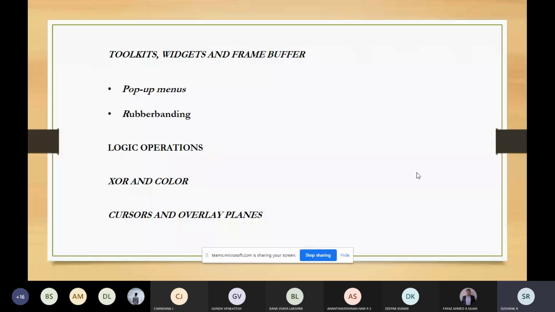Sushank? Yes, sir. Hello. Yes, sir. Okay. Which subject? Computer graphics and visualization. CG? Sir. Which section? 6th day, sir. Okay. Which module? 5th module, sir.